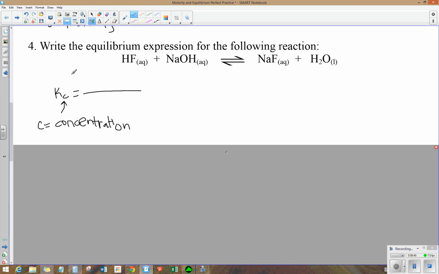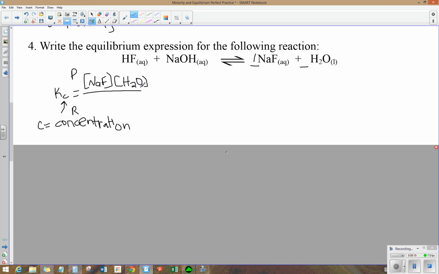All right, so it is products divided by the reactants. So we want to put the concentration of our products. NaF is our first product. We're going to put that in brackets to indicate concentration, and then we look out in front. No number out in front means it's the number 1, so this gets raised to the first power, which we don't need to record because anything raised to the first power is itself. The second product, we're going to put in brackets, and again, no number out in front of the H2O, so we're just going to put